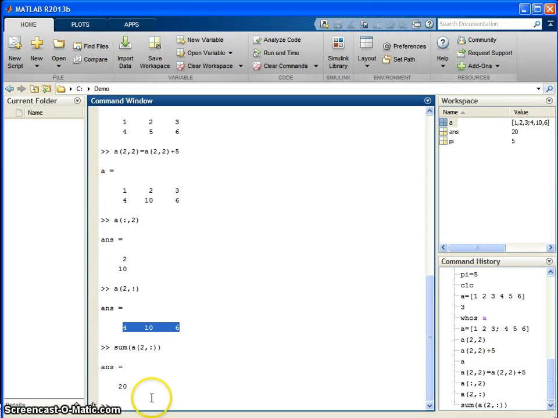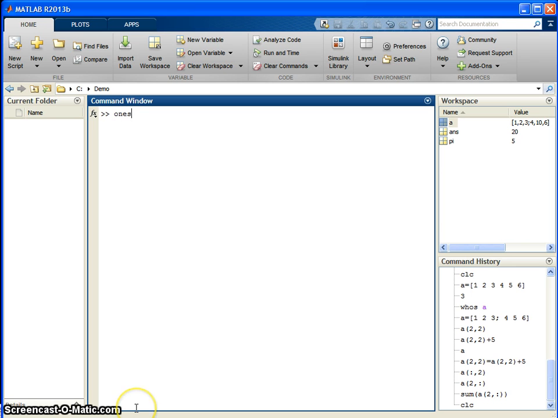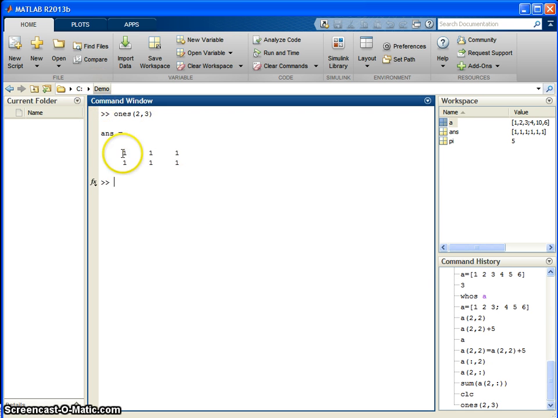So if I say ones, I have to refer the number of rows and columns. For example, I want to create 2 rows and 3 columns. So a matrix with ones, that means every element is 1, with 2 rows and 3 columns will be created.